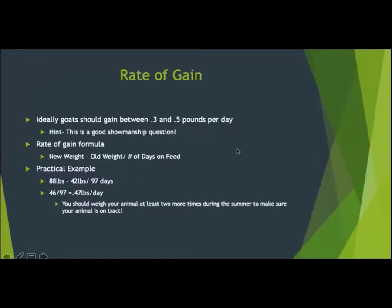All right, so rate of gain. This is important so that we know how our animals are growing. Ideally, animals should gain between 0.3 and 0.5 of a pound per day. Kids, especially you older kids, this is a really good showmanship question. A lot of judges will ask how many pounds per day an animal is supposed to gain. It's also a test question. If any of your counties have Premier Exhibitor or Spring Champion or whatever title it is, test, this is another